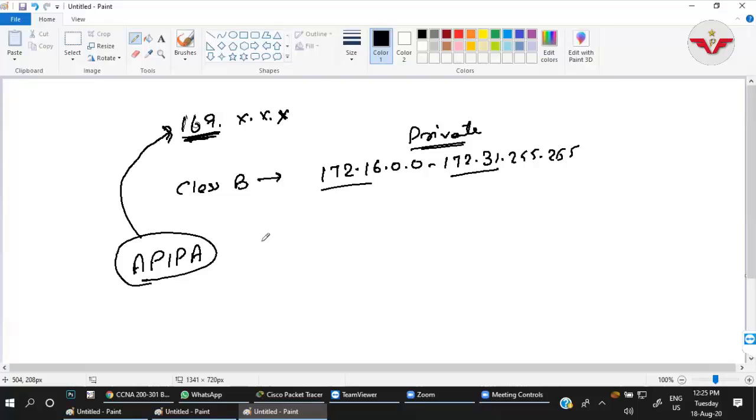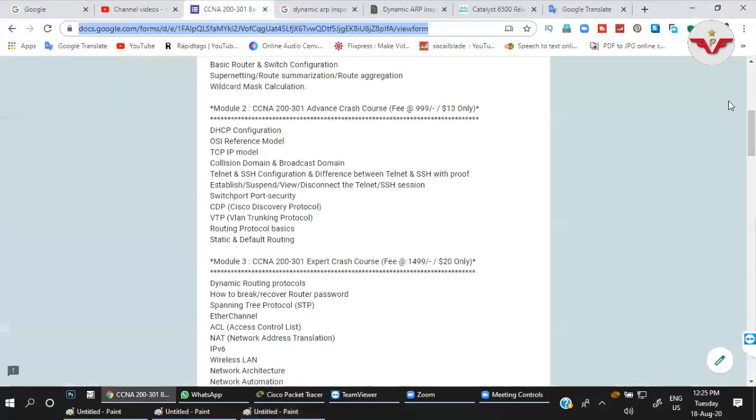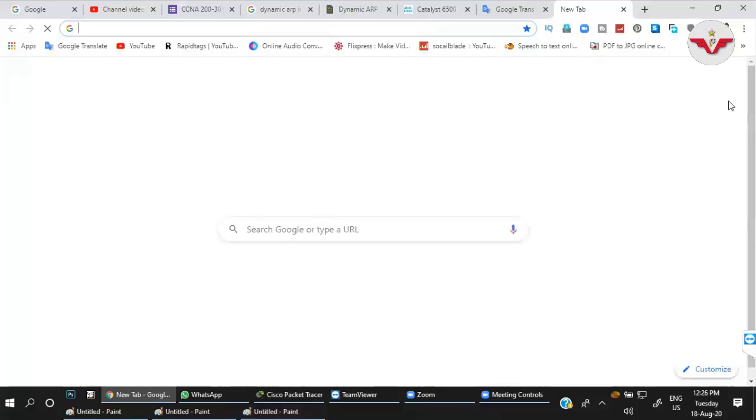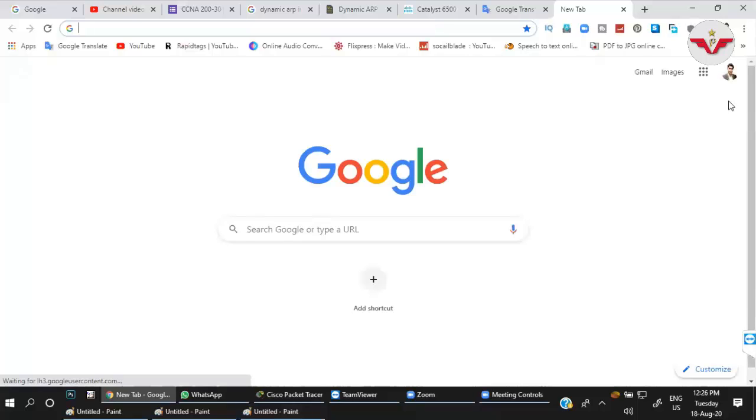Yes. Then why are people saying it is an automatic private IP address? It is a very big confusion for me and I have not got any answer in the last 10 years. I asked this question to many people, even CCIE level and all, but they also do not have a clue. Everyone is just blindly saying automatic private IP address, automatic private IP address. I don't know why they are saying that.